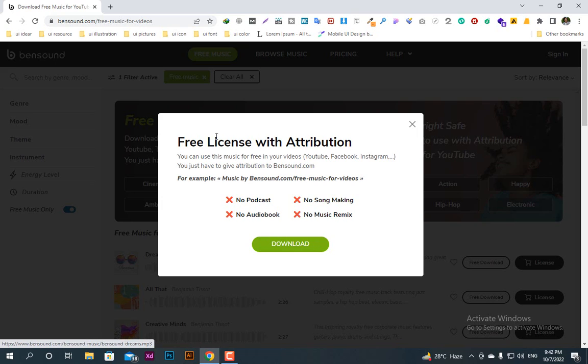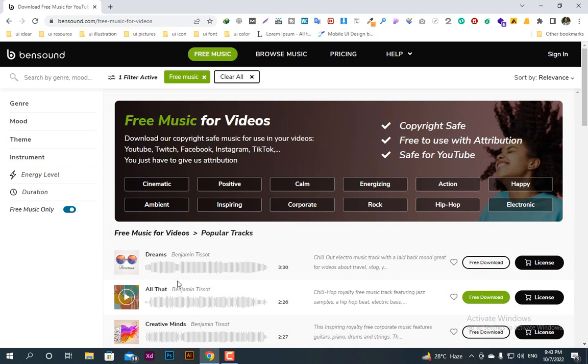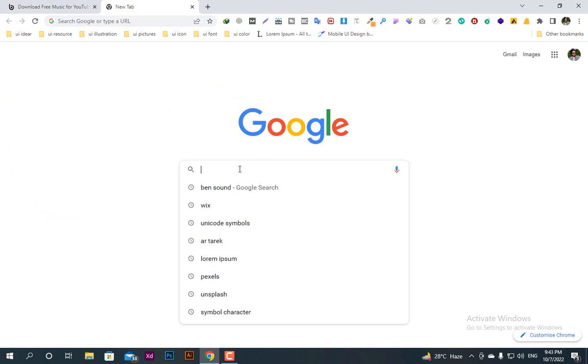But before you download the music, they are telling us that you can use this music for your YouTube, Facebook, Instagram, but in the description box you have to give them their attribution. What that means is you have to share this website in your description of your YouTube video. Okay, this was the first website, and the second website is